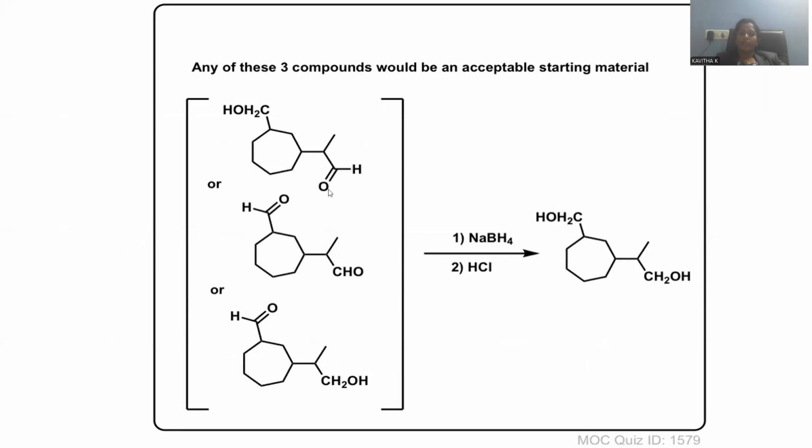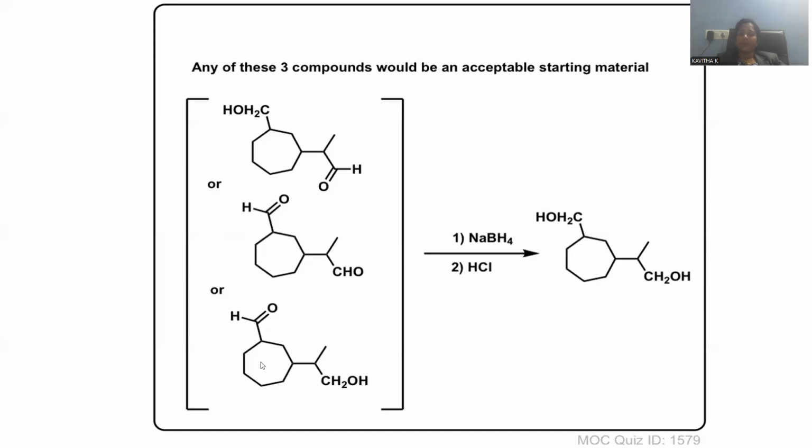Now I am going with the 7-member ring system with the CH2OH. Already it is the reduced form, ignore this. And here we have another aldehyde. This is only suitable for the reduction giving rise to primary alcohol with sodium borohydride. In the second compound, here you can notice aldehyde, here aldehyde, so that both sides reduction is feasible. This aldehyde gives rise to primary alcohol. This aldehyde gives rise to primary alcohol. So in that case also you will expect the same product. Whatever came from compound 1, the second compound is also giving rise to the same compound.